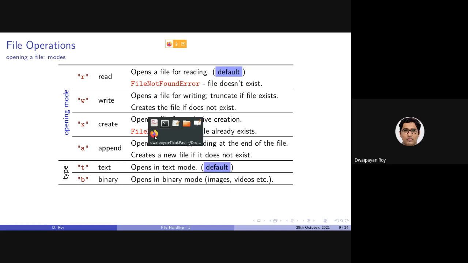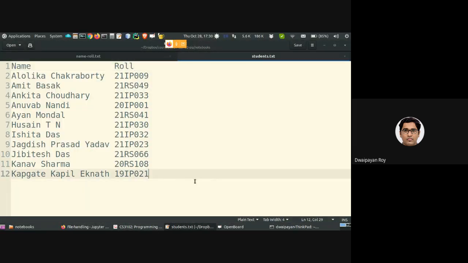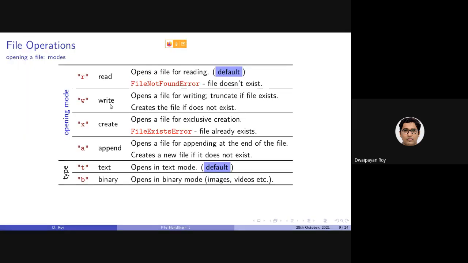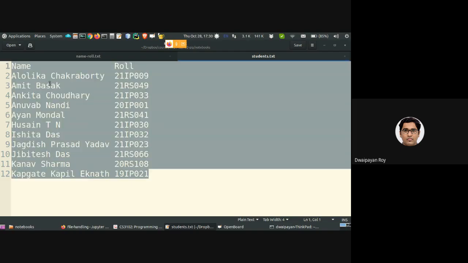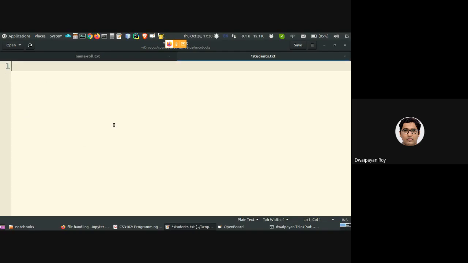Let's say if we open this file in the append mode, and if we perform a certain write operation in this file, the content will be written from here. Unlike the case for write, in that case, the entire content will be removed, and the thing you will be writing using the consequent write operations will be written here.